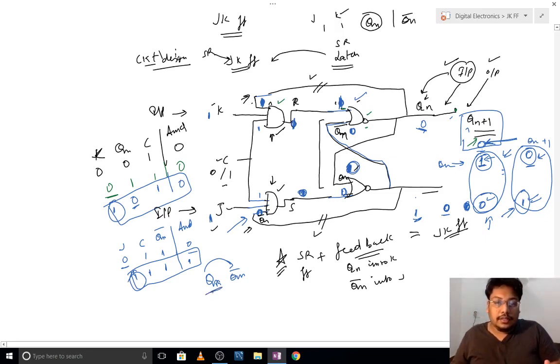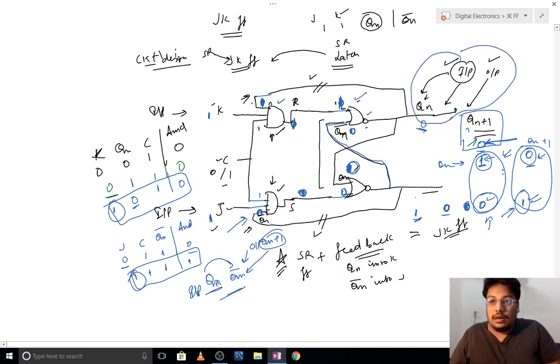That is, if the input is Qn, then the output, which is called Qn plus 1, will be Qn bar. Okay, one thing to remember, input and output both are at a single point, that is here, not at this point.